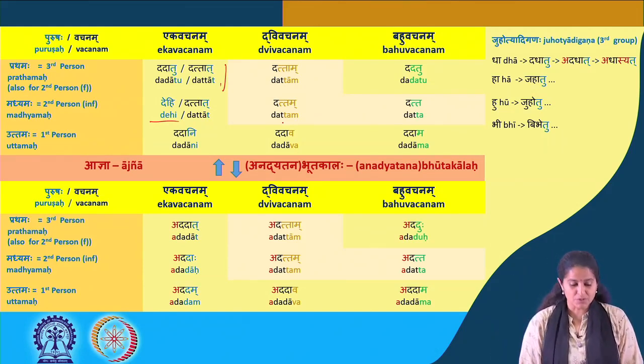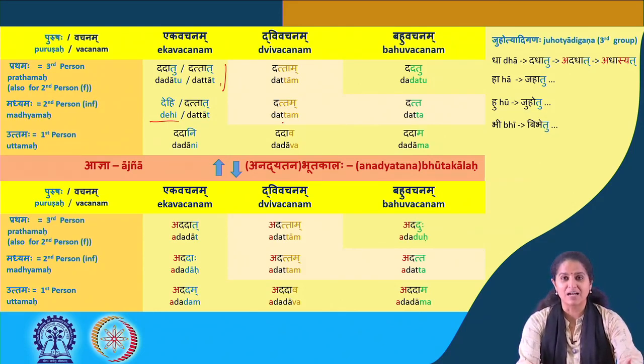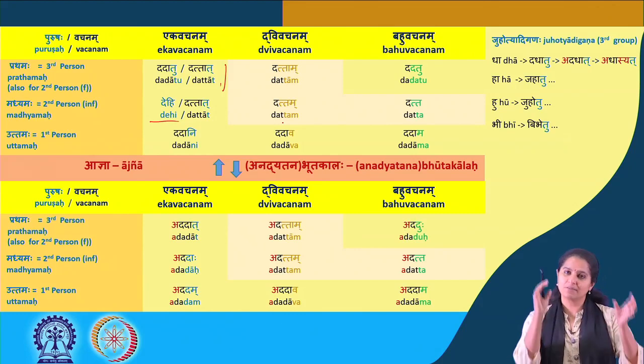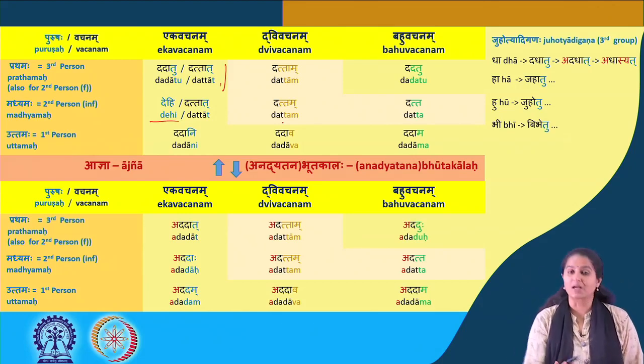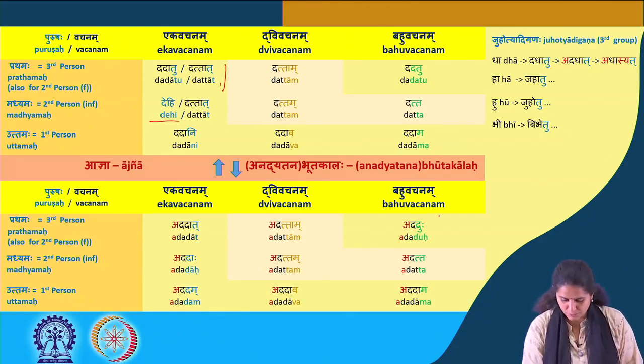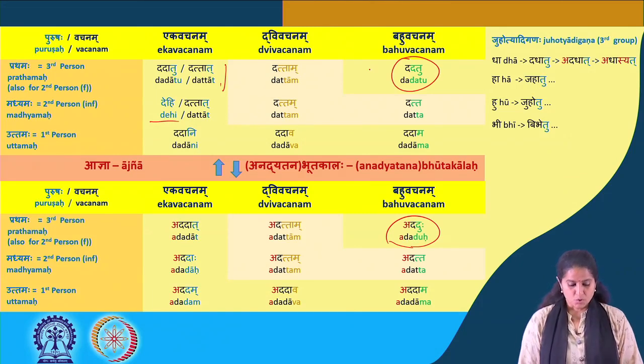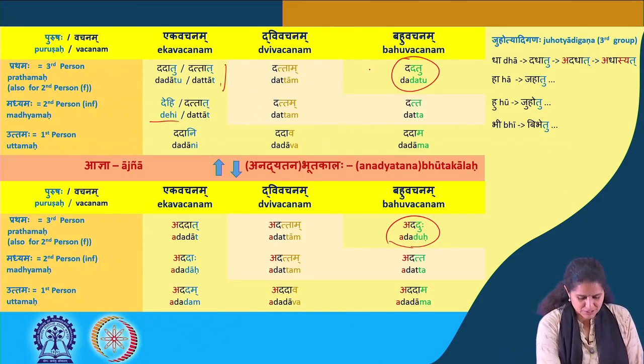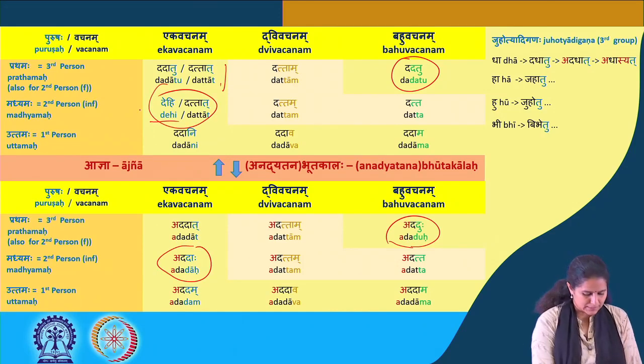And then let's move on to the next form, which is the Bhutakala. And as you see, the Ajña is reflected in the Bhutakala with a few minor changes. So the Dhatu becomes Adadat, Adattam, Adaduhu. So Adaduhu is a very different form there. So Adadaha, etadapi kinchit bhinnam asti atra. So there you need to just remember these, okay. So Adadaha and Dehi tatra, okay. So Adadaha,